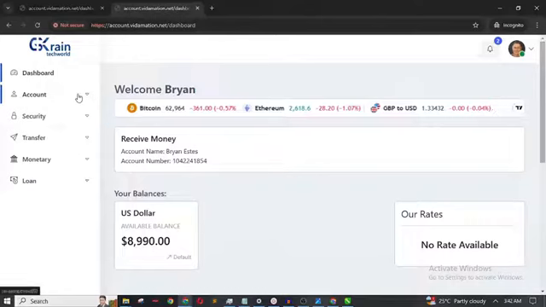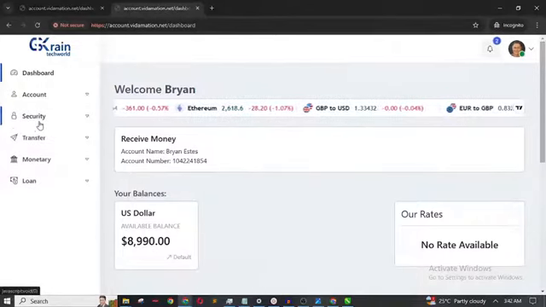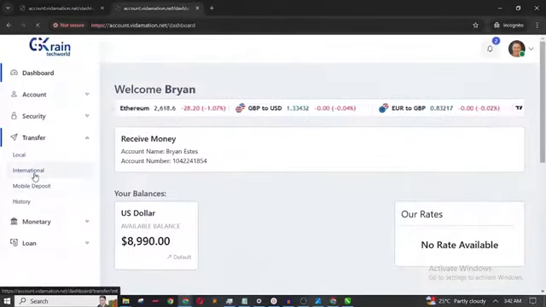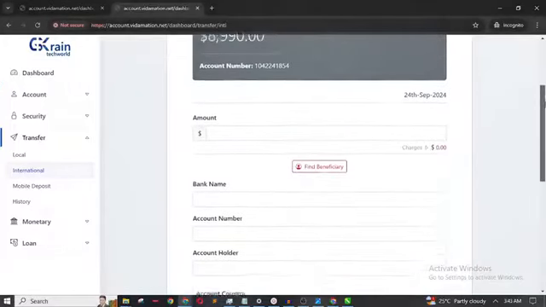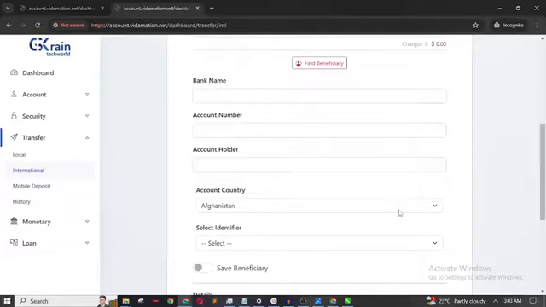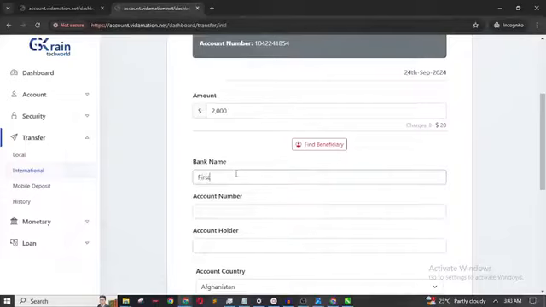So we have shown you profile, statement, security. Now we just finished local transfer, so now we can also make an international transfer. It's just the same way we did the local transfer as well. But in this one, you just have to select the country of that particular person. So let's make a transfer of $2,000. So I'll just put in